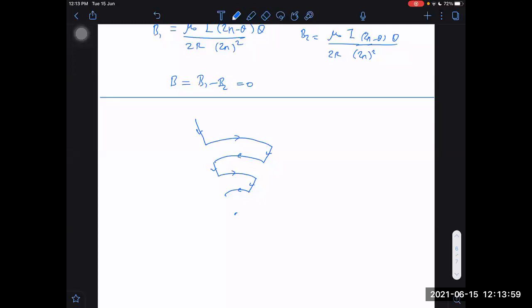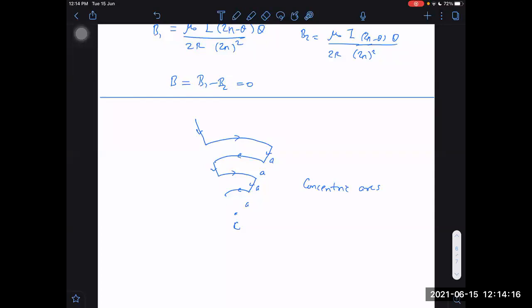Maybe this only. Okay, forget. This is air distance. This arc, this arc, this arc. Can you find out what is the field at the center point? These all are concentric arcs. Find out the field due to this.